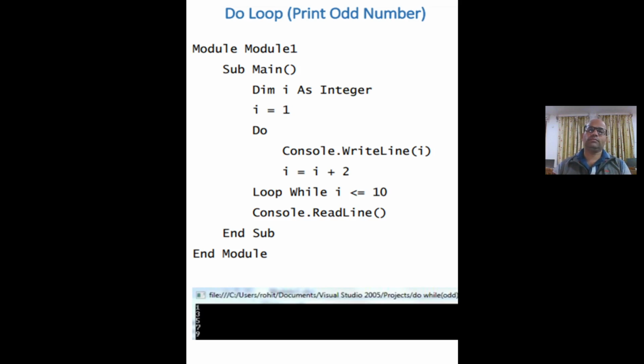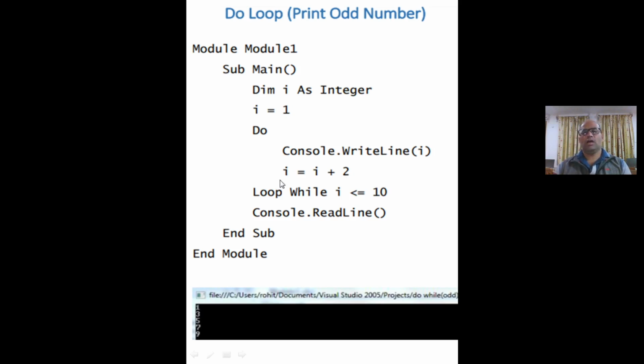After that the next statement will execute: I plus 2, that is 1 plus 2. Now the value of I is 3, which is stored in the I variable.